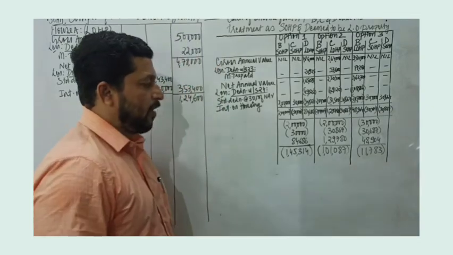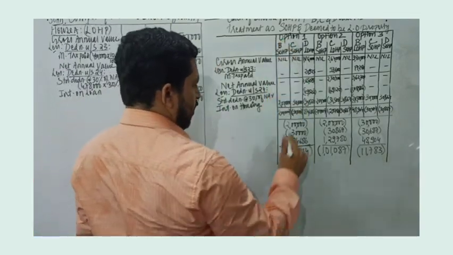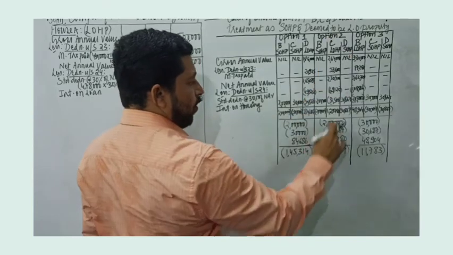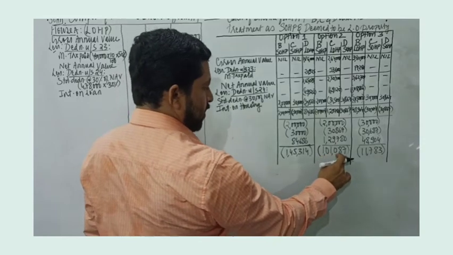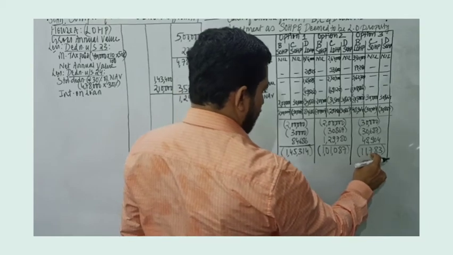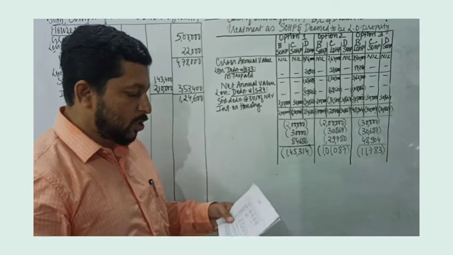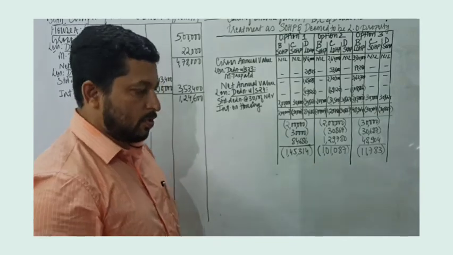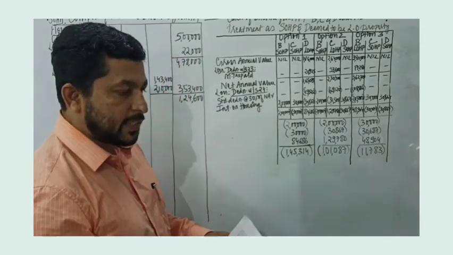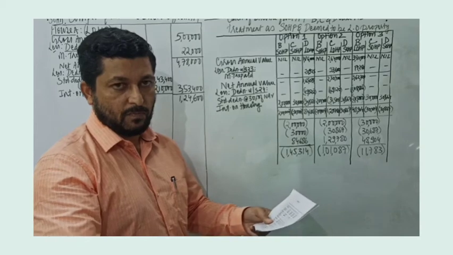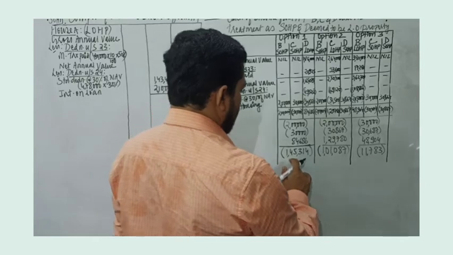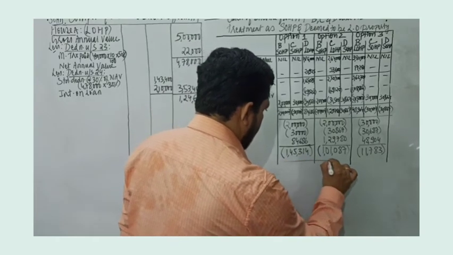Now a very important point we have to understand. If we choose option 1, we get a negative income of 1,45,314. If we choose option 2, we get a negative income of 1,01,087. And if we choose option 3, we get a negative income of 11,783. So the question arises, which option will the SSC choose? Point is simple, where the SSC gets more benefit, where the SSC gets higher deduction, that option will be chosen.